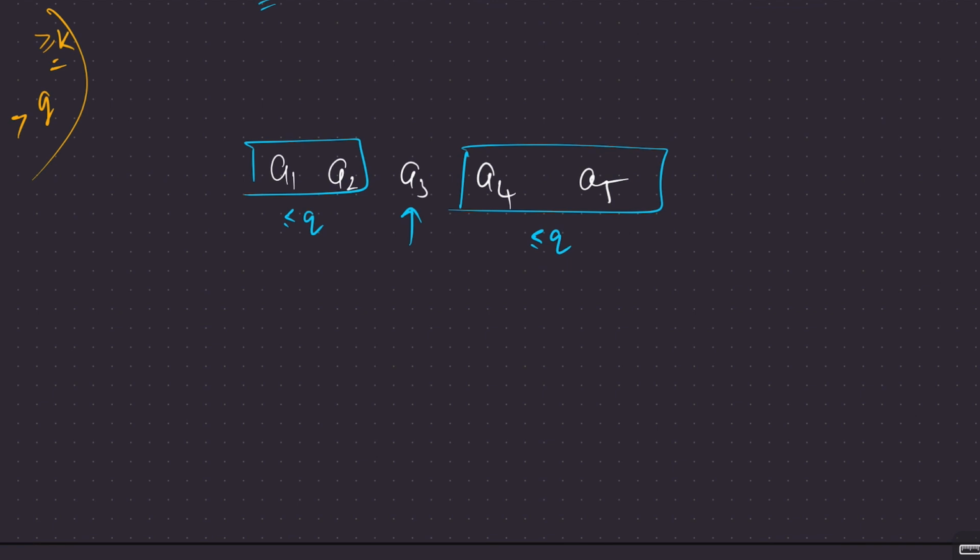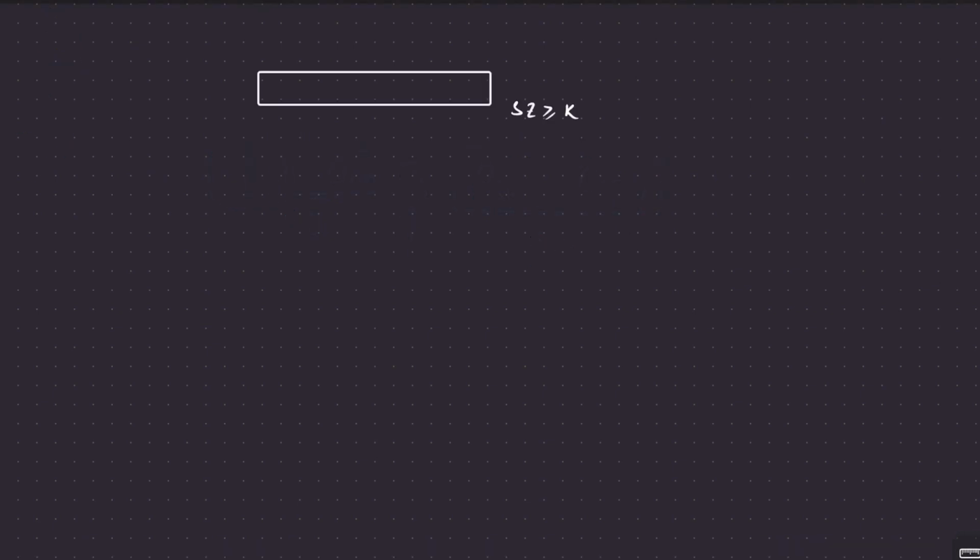You can just simply use one pointer to maintain. So whenever a temperature goes beyond Q, you can stop. So these subarrays, I guess you can find, right? It's a simple for loop you can run. And whenever a temperature goes beyond Q, you have got your subsegment, right? And then you can do some operation. Fine. So we have figured out a way to find the segments whose size is greater than or equal to